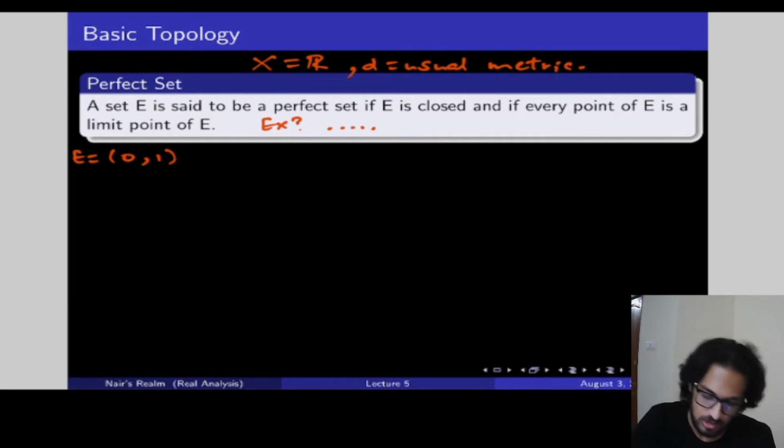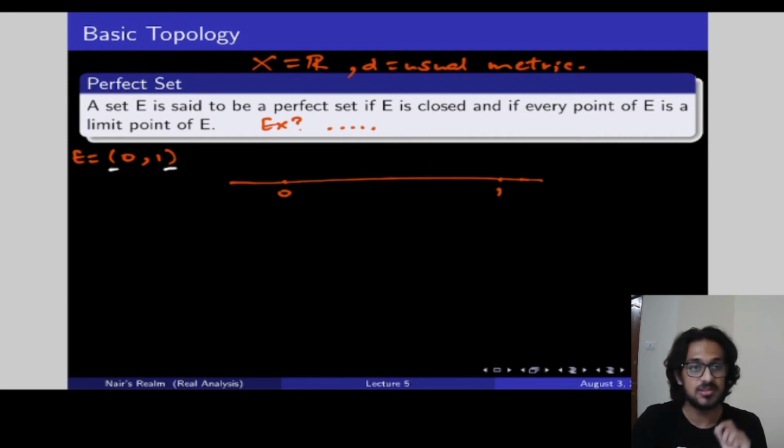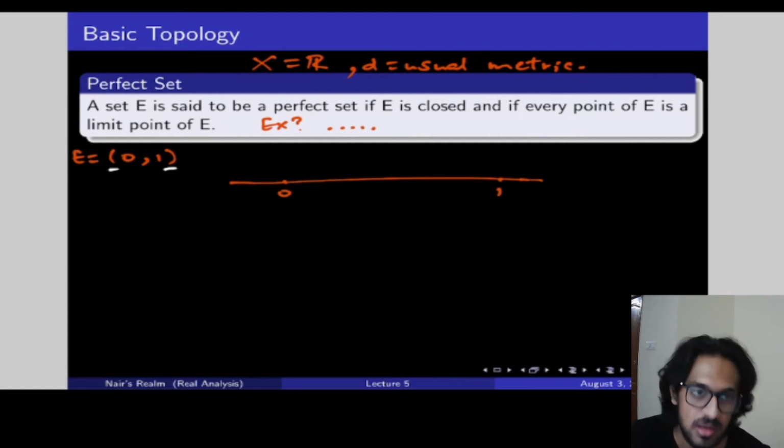Cool. So now I'm going to draw 0 to 1 here. Obviously 0 and 1 are not included in the set. That's what these open brackets represent: 0 and 1 don't lie in the set E, but every other real number greater than 0 and less than 1 lies in the set. And there are obviously infinitely many points, because E, the open interval (0, 1), is an infinite and uncountable set, both obviously.